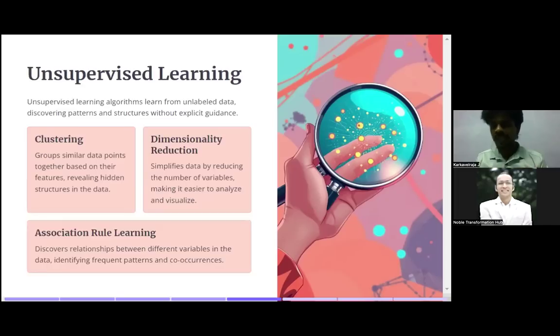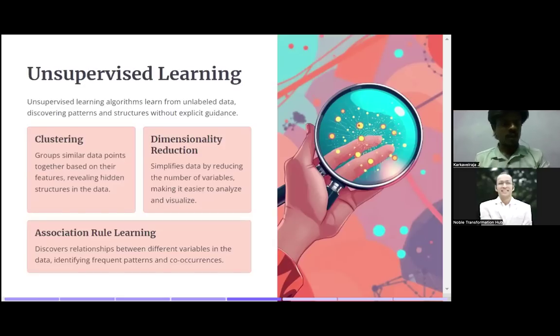This kind of data is called unlabeled data, and using it we create a machine learning model by using the technique called unsupervised learning, because it doesn't know what the items are, but it is doing the clustering, finding something in the data. So that is all about unsupervised learning. Let us see some of the types in it.